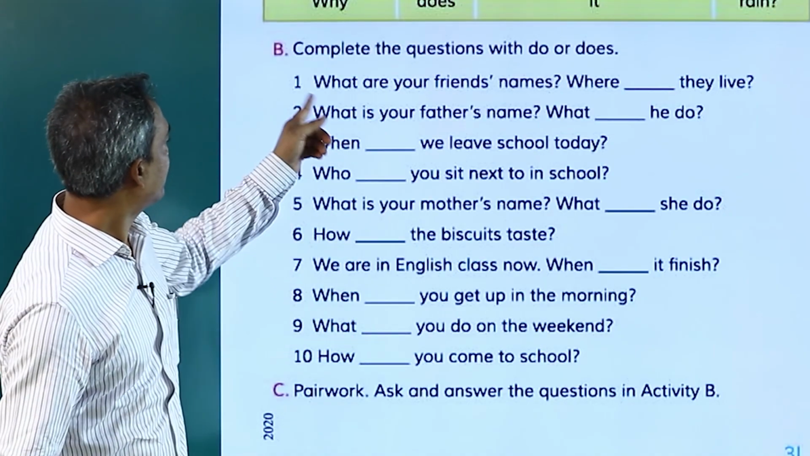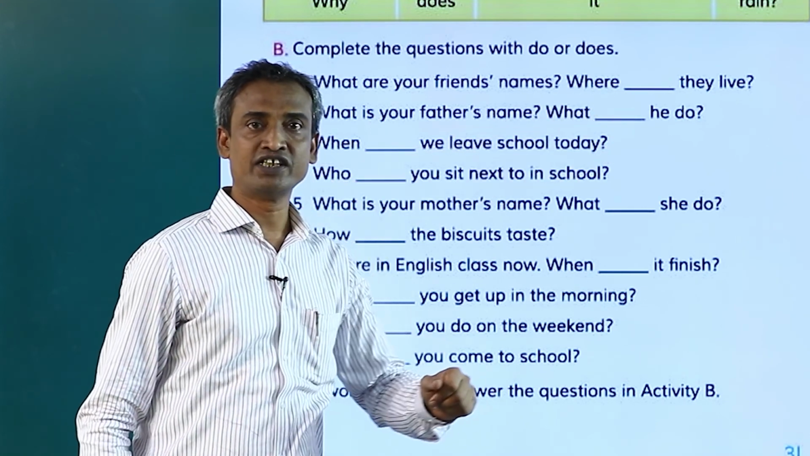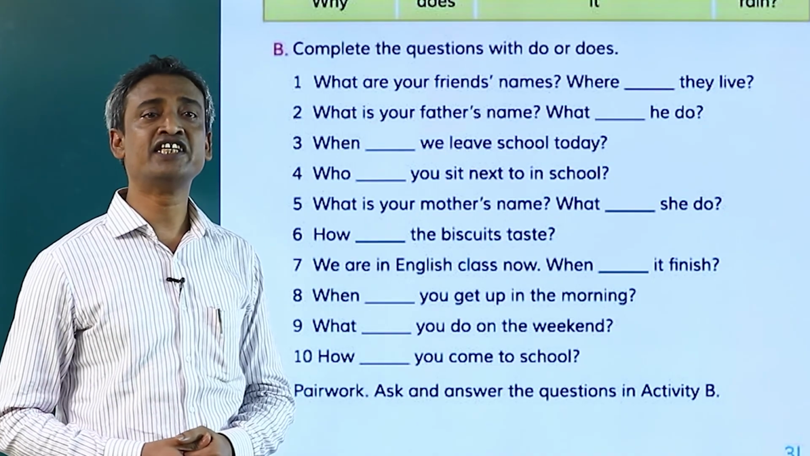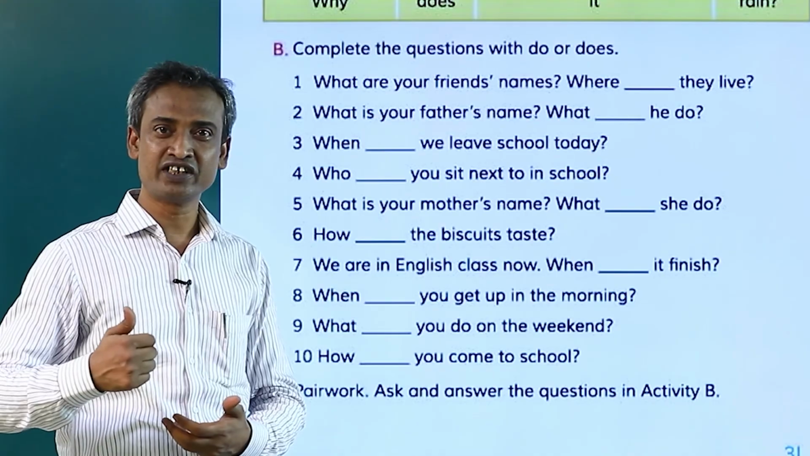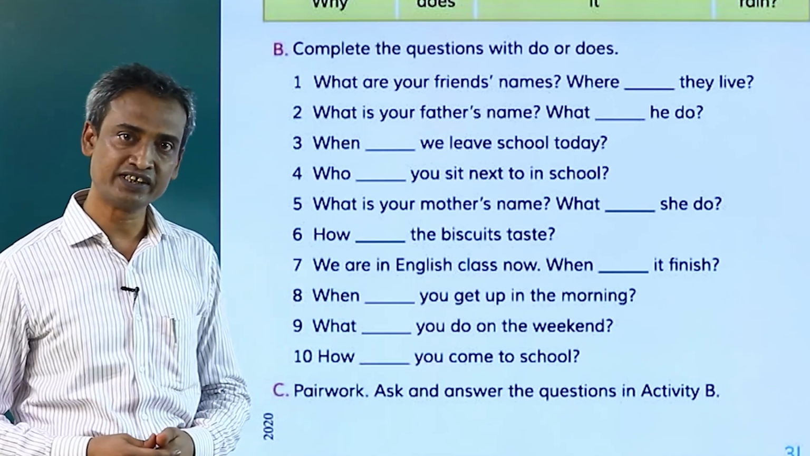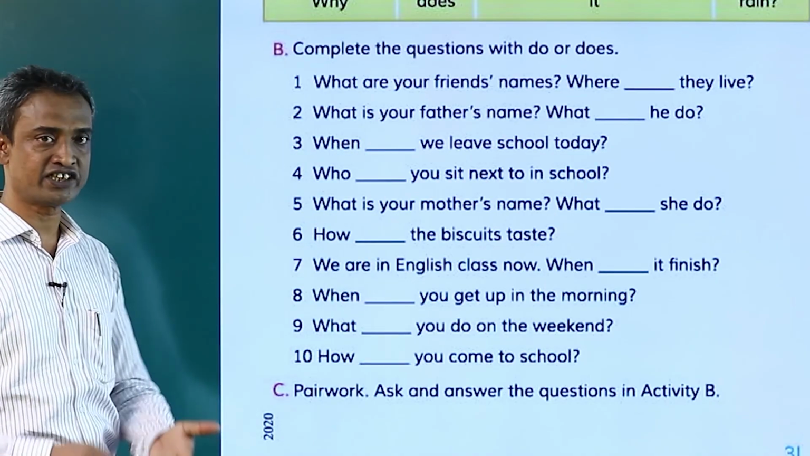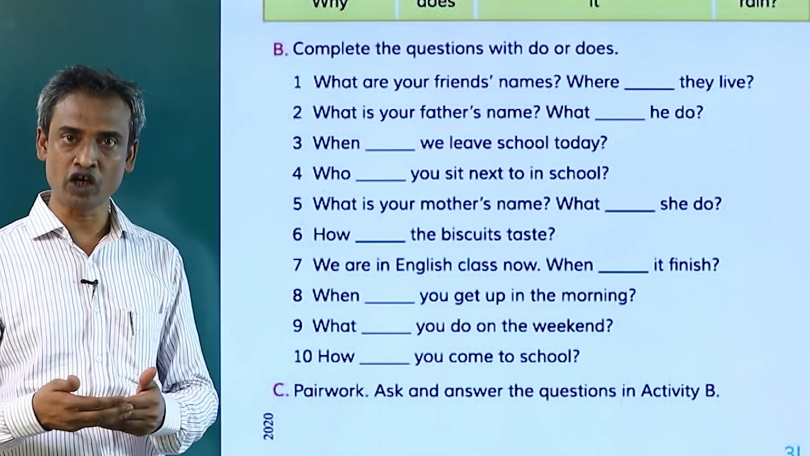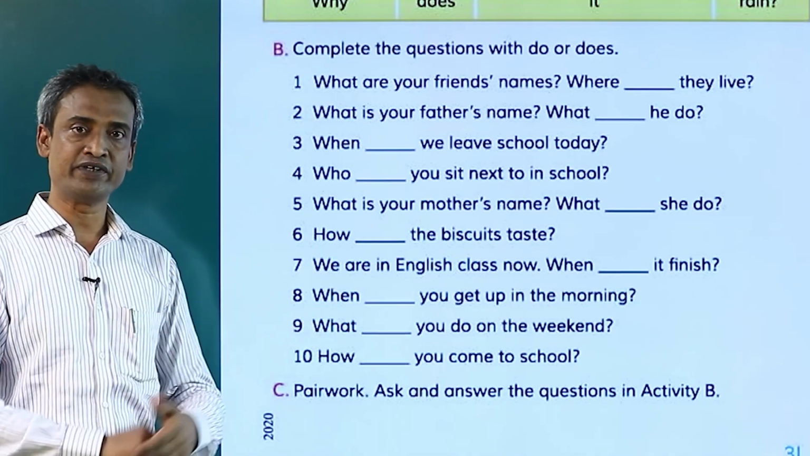Suppose here is what are your friends' names? Where do they live? You can give answer. They live in Dhaka. They live in Mymensingh. If it is birds, they live in the trees. You can say whatever you like. Okay. In this way, you have to write the answers of these questions in your paper. And when your school will be open, যখন তোমার স্কুল খোলা হবে, তুমি তখন এটাকে তোমার টিচার কাছে দেখিয়ে নিবে।